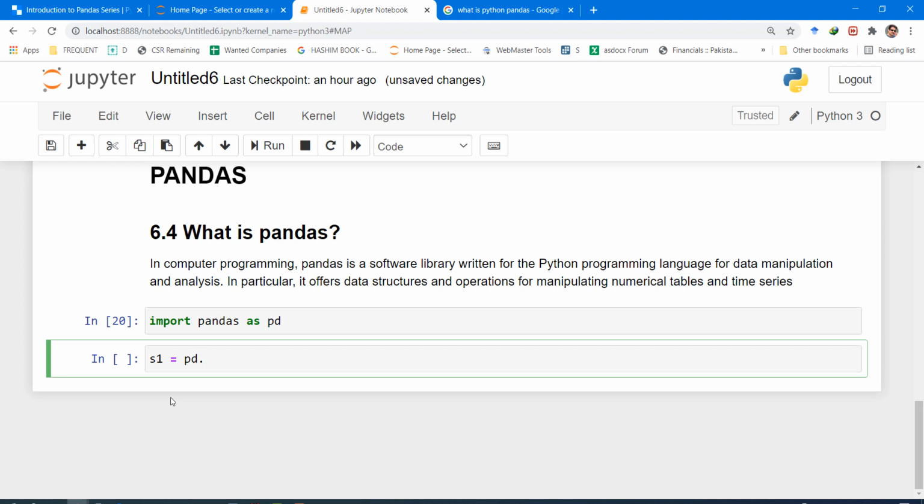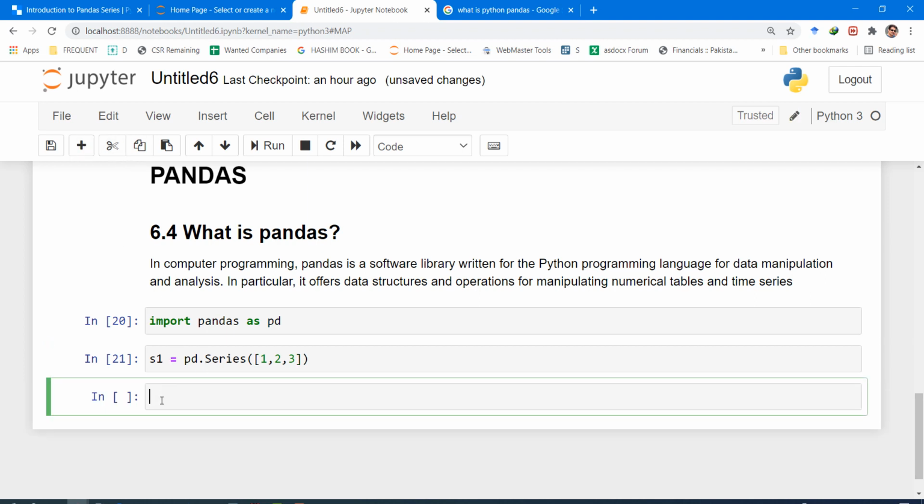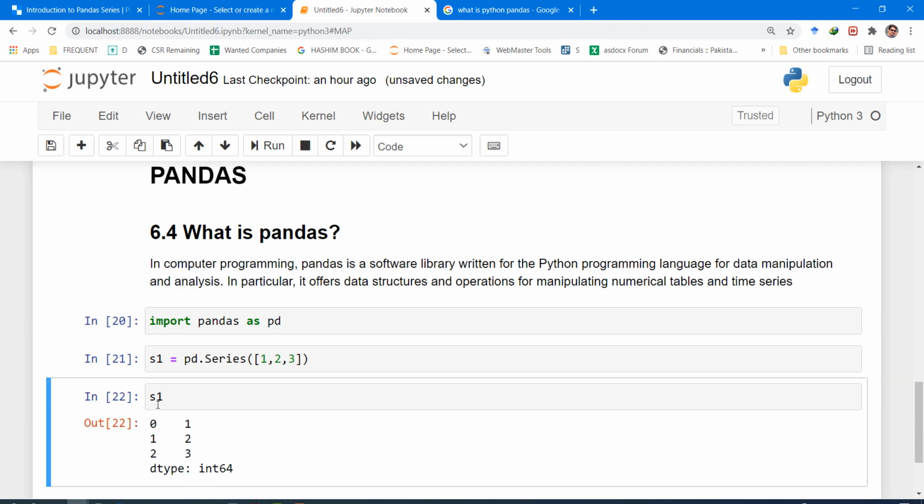since we are using a function Series, and that function is borrowed from the pandas library. Therefore, we have to type pd.Series and then parentheses. Now, what we need to provide inside the parentheses is a Python list. And as you remember, a Python list is created using square brackets. So if I now type the elements of the series, 1, 2, 3, we have created a pandas series. And you can now print the elements of the series.